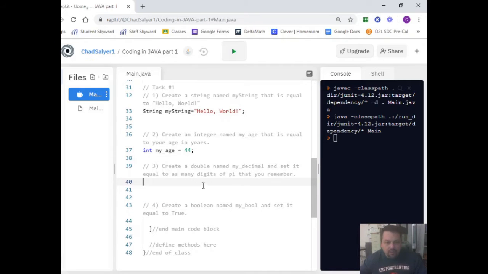Double named my, and also let's switch to the camel case here. Again, whichever one we do, we want to try to be consistent. All right. .141592, I think. Don't know anything after that. So my decimal is now assigned. Last one here